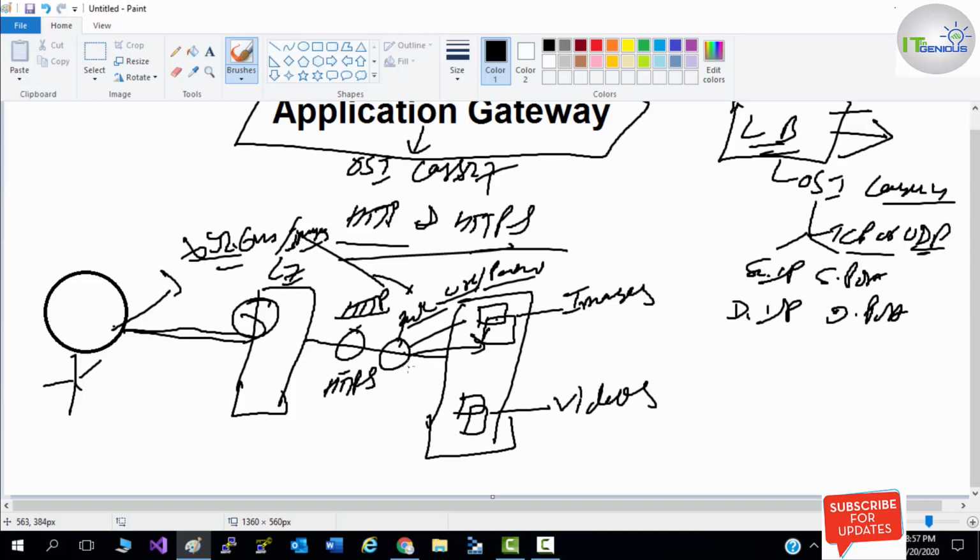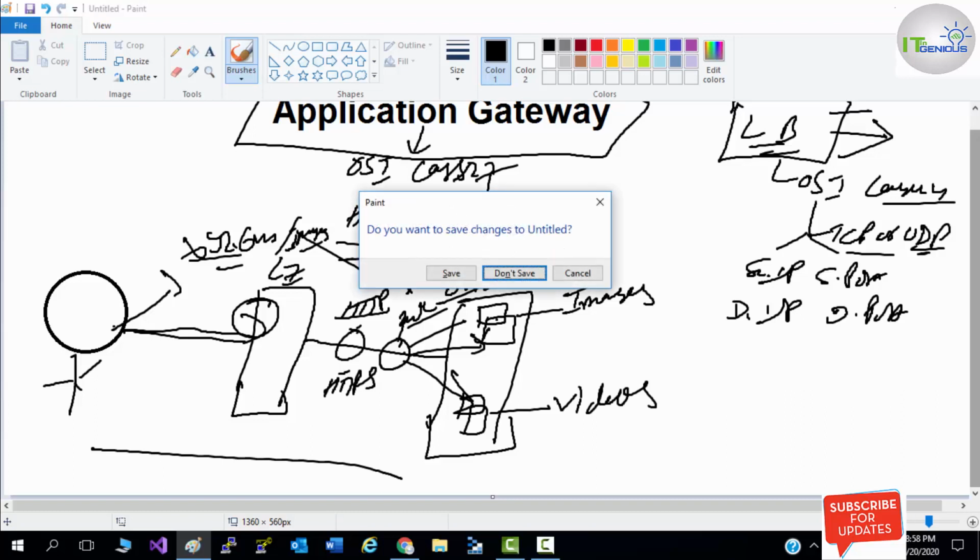If the URL is videos, the request will be forwarded to the videos backend server. You can configure that in your application gateway. That means you can route your traffic on the basis of the rule configured on your application gateway. So that is the use of application gateway.